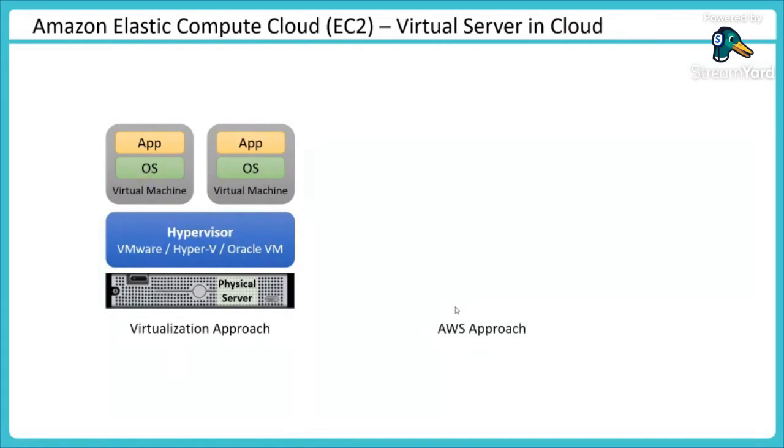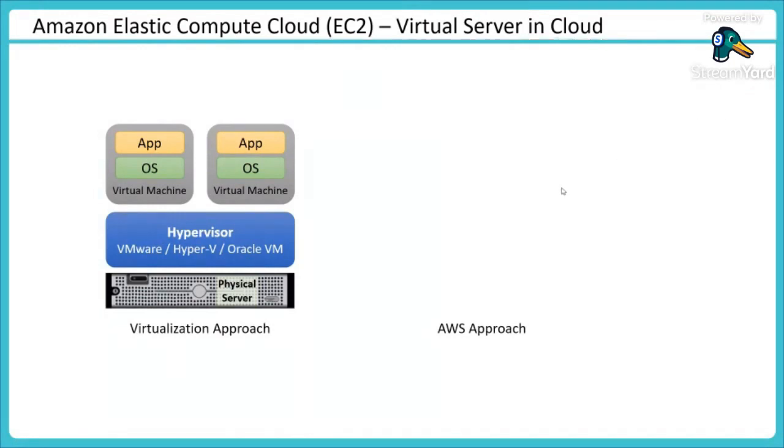Now, the service we are discussing here, EC2, is called a virtual server in the cloud. So it is still a virtual server, but it is operating in the cloud. And this service is at least 15 years old. So in 15 years, AWS was able to identify what best combination works for us in terms of hardware, what software should be there, and what kind of configuration should be there. So we started looking for the best and most optimized way to run this virtual machine, and that manifested into